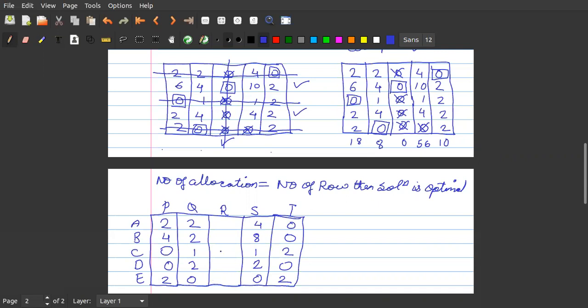Is it okay? Now here also there is only one line passing, so we will make it 0. Here also only a vertical line passes, so we will make this 0.